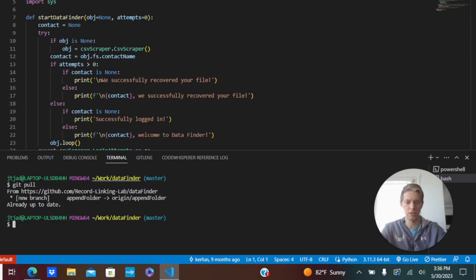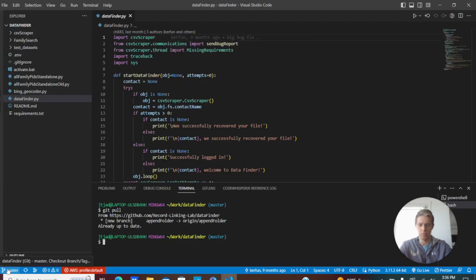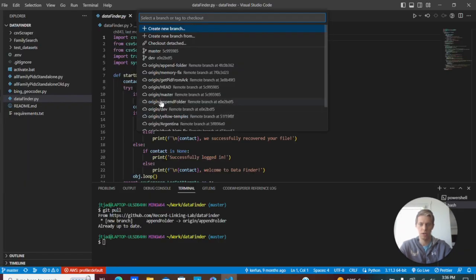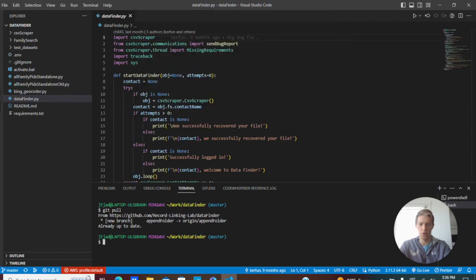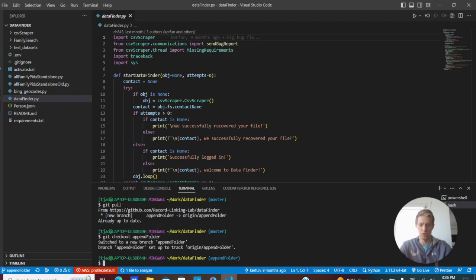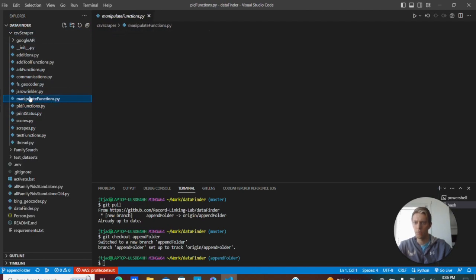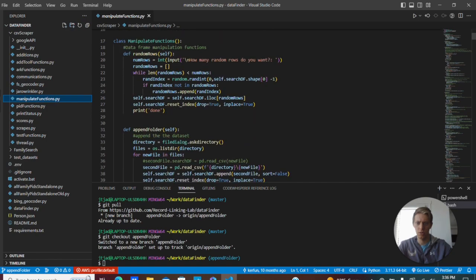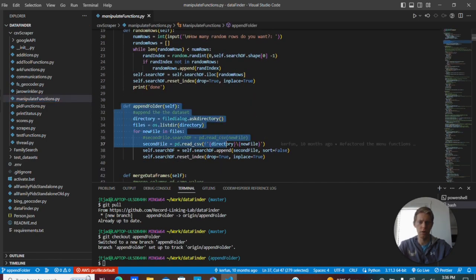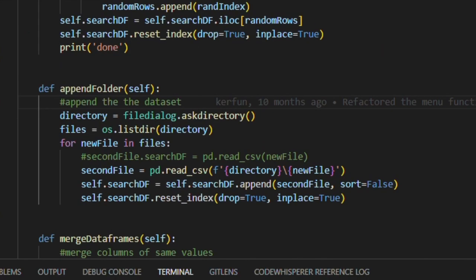There's two ways to actually get to this append folder. Like we said before, you can click on here and find it right here. Or you can do git checkout append folder, which changes you into the append folder branch. Now let's go up here to manipulate functions. And here's our function that we're working on. Let's say I'm working on it and